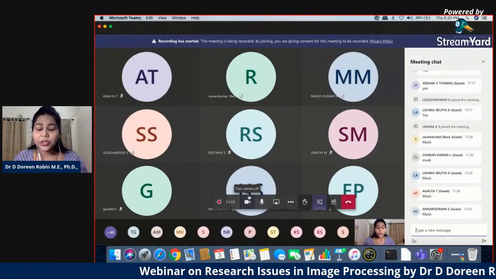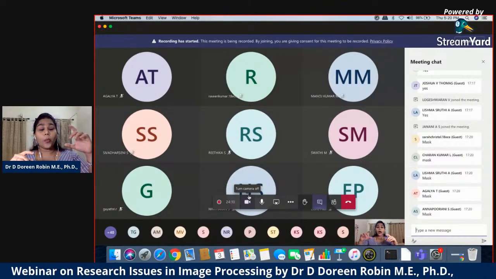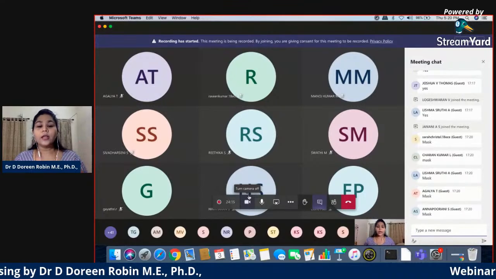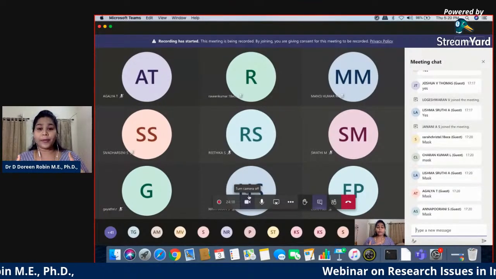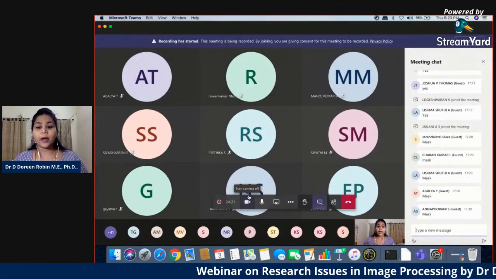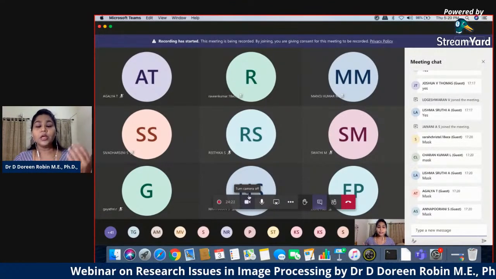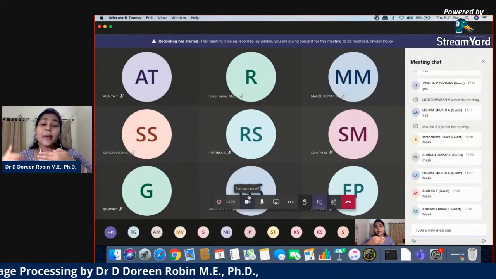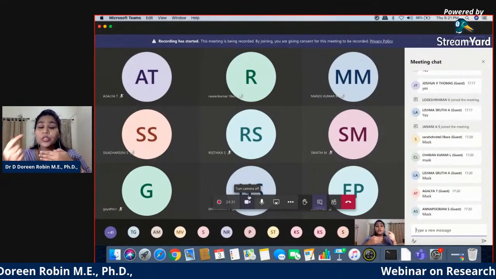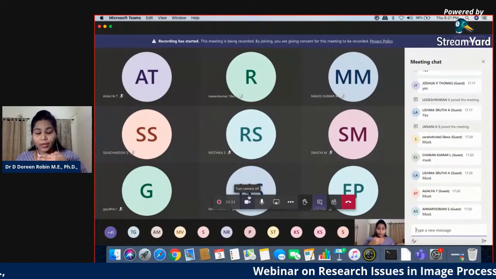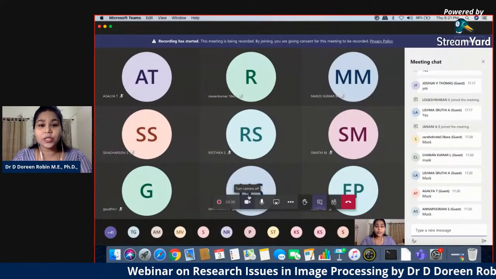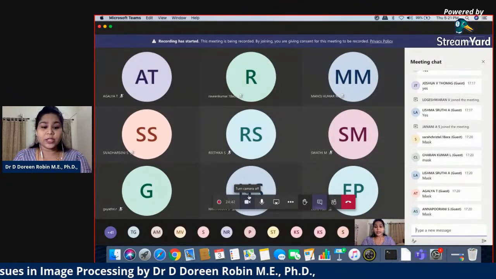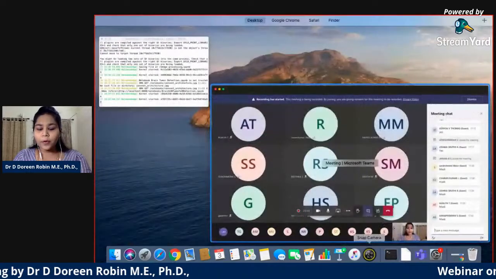And now there is a face recognition algorithm that is going on with mask and without mask. Okay, so here I have a picture of mine with a mask, and also I have a picture of mine without mask. So when I compare these two images, even when I wear a mask, my face recognition algorithm should tell me it is Doreen. Able to understand? And that is another research issue that is going on. So how do you detect your face? And moving on to it.